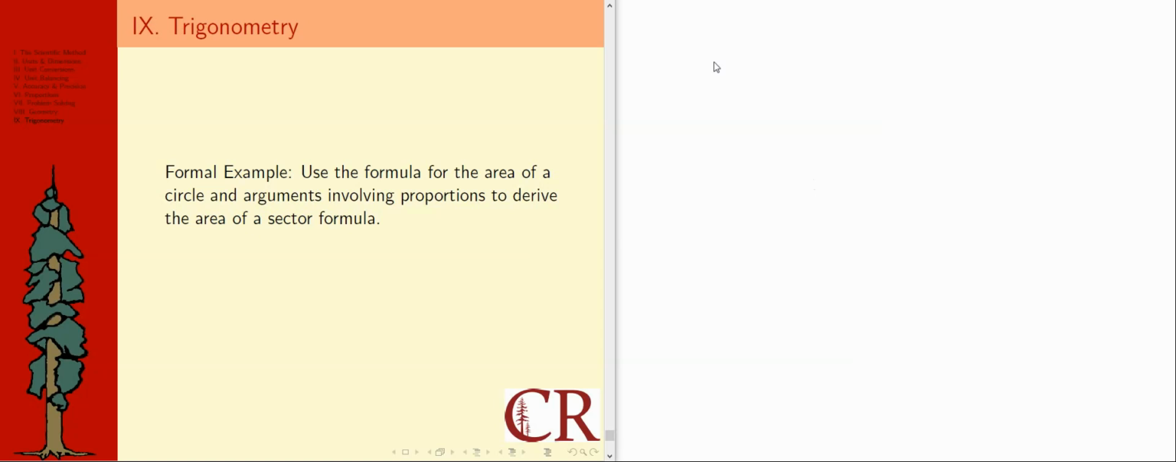But it says use the formula for the area of a circle. So let me see. Area of a circle, I think, is pi r squared. Hopefully I didn't have to Google that, but it's okay if you feel tired, I guess. So pi r squared. And then it says arguments involving proportions. Well, pi r squared, right? But this is for, I'm thinking about like a whole circle,